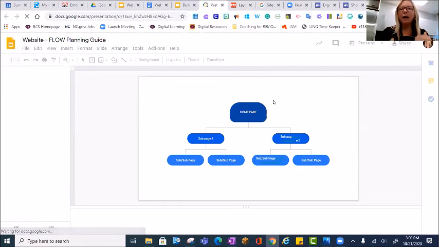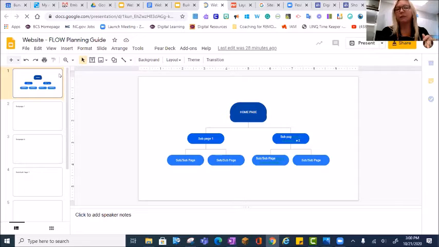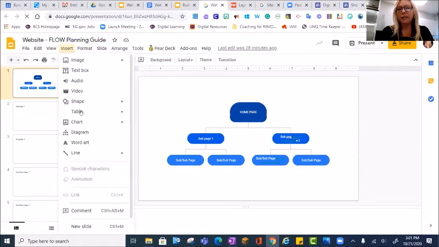So again, thinking about the flow, that's something to talk about with your students. The way that I built this, it is kind of moving slow, isn't it? Sorry, because there's pages on the side. It's probably because I have it opened up again, but give it just a second. You can have this already built for the students. You could take this, make a copy of your own, and then they could edit it. But the way that it's created, when you click insert and you come down,